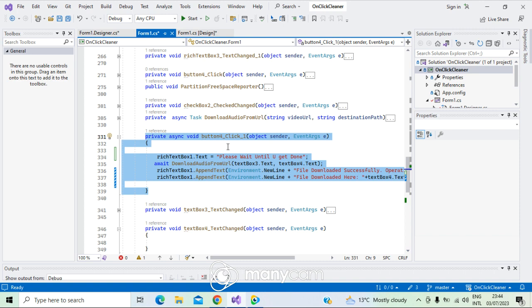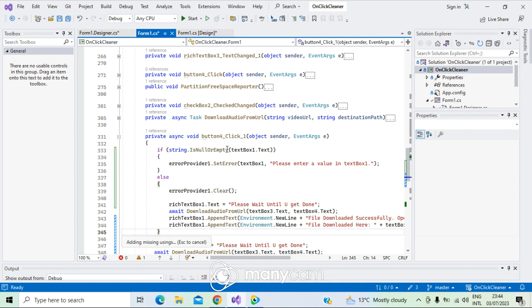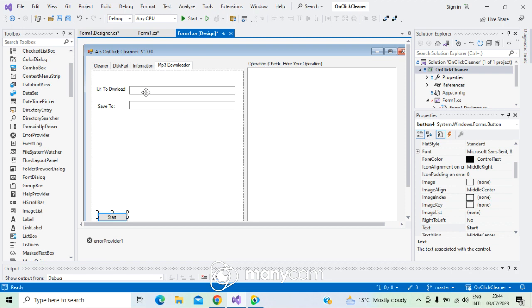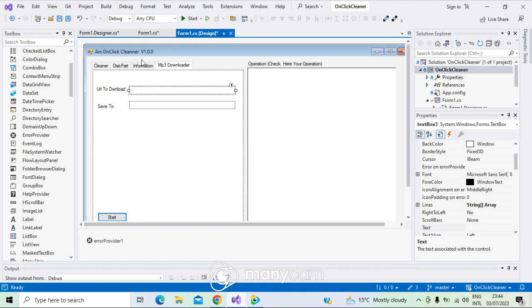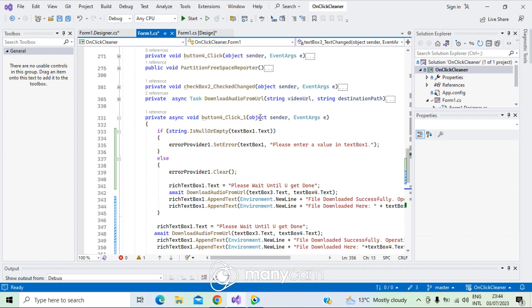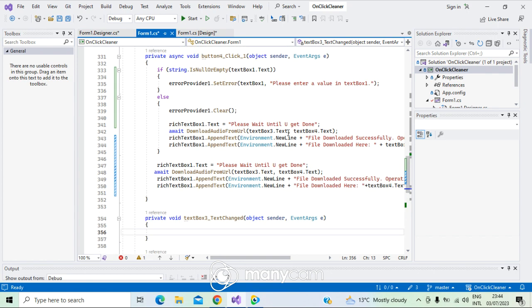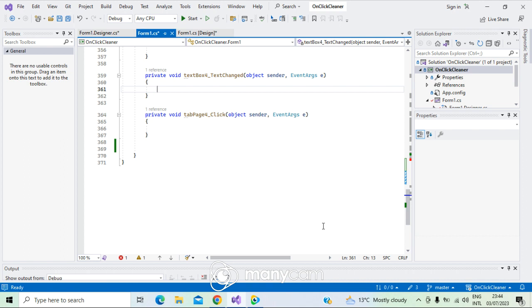This button click, when it's clicked, already executes some tasks. Before those tasks, I want to say: if that text box 1, let me see, that is text box 3. If text box 3, where was that, bro? If text box 3